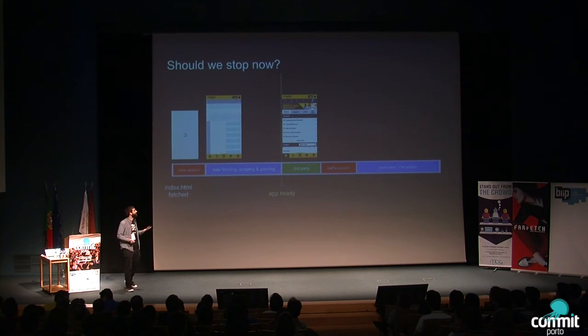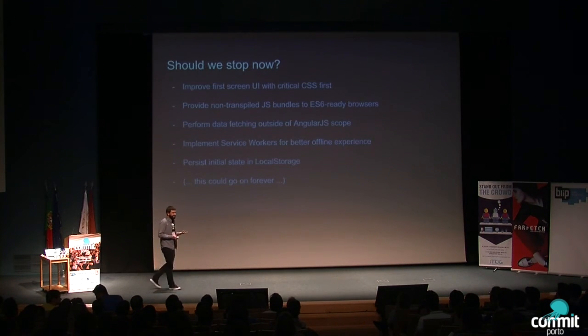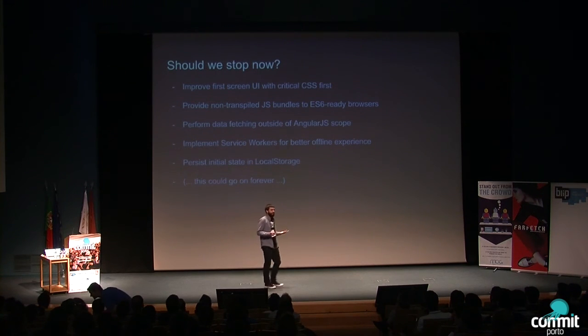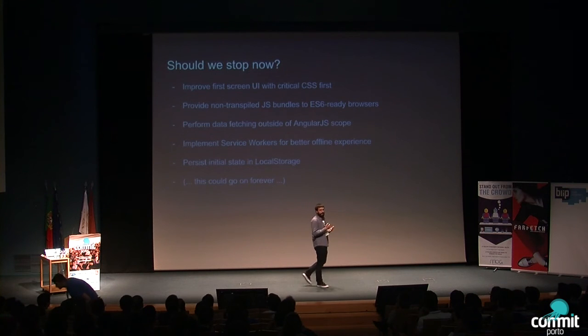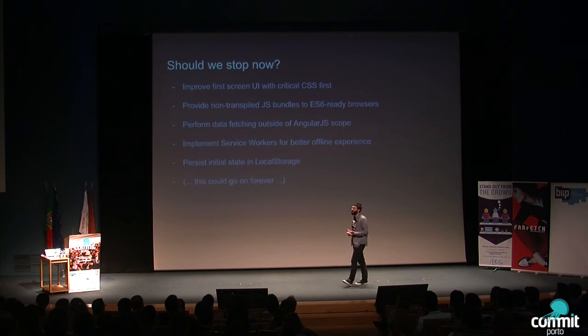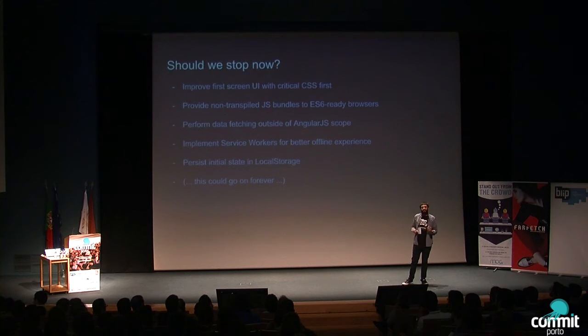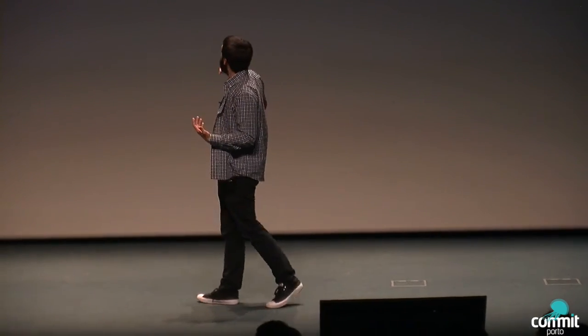Well, unfortunately not, because that's the life of who tries to fight with web performance. Because if your application code is mutating and growing bigger, you start having more problems. But fortunately, technology is also growing constantly. So we can't do this right now, but imagine that in some months, maybe we can start sending